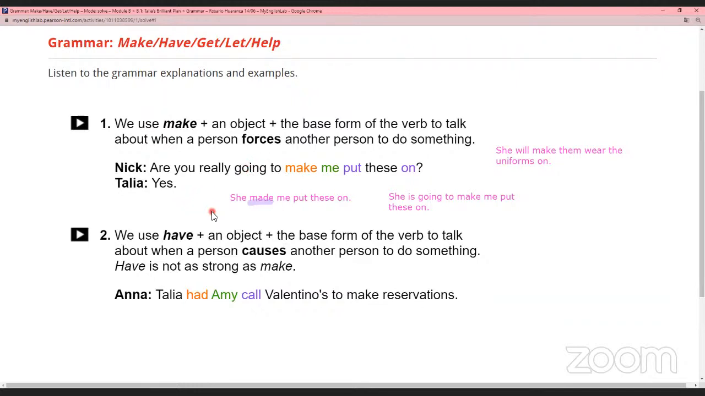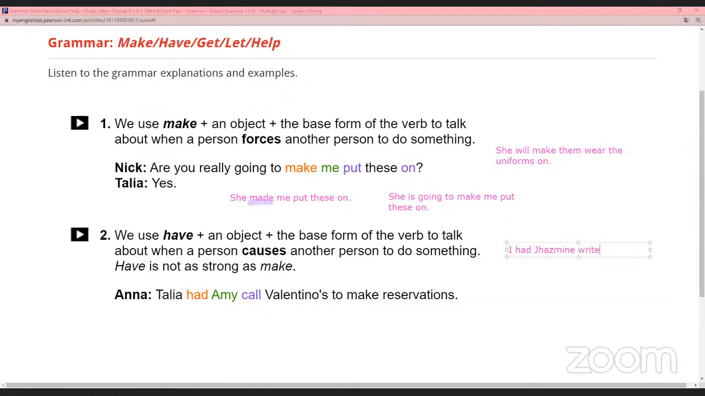Have is the next one, okay? It is not like a force, it is to convince, to coax, to encourage someone to do something. For example, I had Jasmine write my essay. I had Jasmine, let's write it. In this case, I'm using a noun, so you can use an object or a noun, but the structure is the same. I had Jasmine